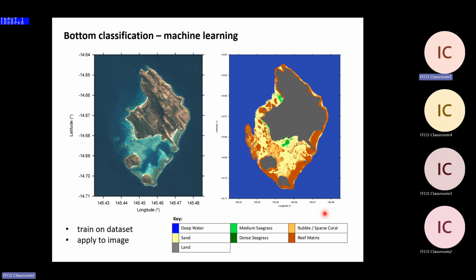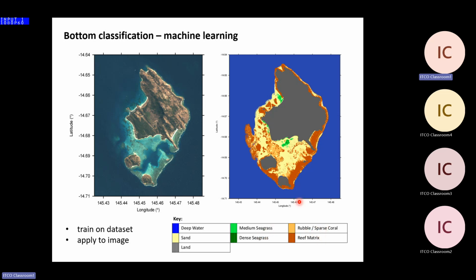Bottom classification. So here we go. This is another empirical type method. Years ago in the 1990s, when this kind of stuff was first being done, coral reef mapping using satellites, we just used simple classifiers like k-means and so on. And again, you need data. So you need to have gone on the reef and have data points: here's coral, here's sand, here's seagrass. Then you put them into the classifier, train it up, process the whole image, and you can make maps like this, and you can see the kind of classes you can get: dense seagrass, medium seagrass,